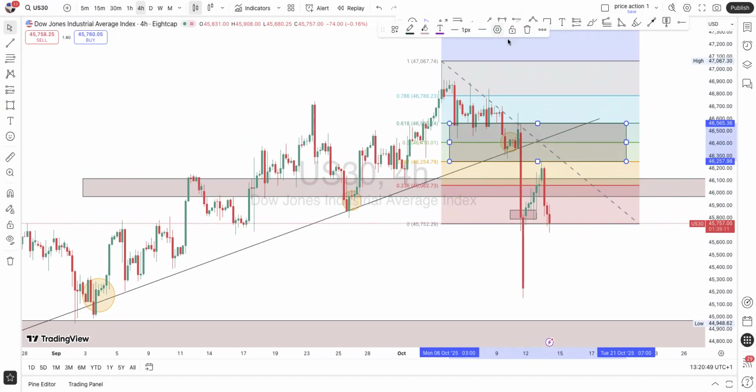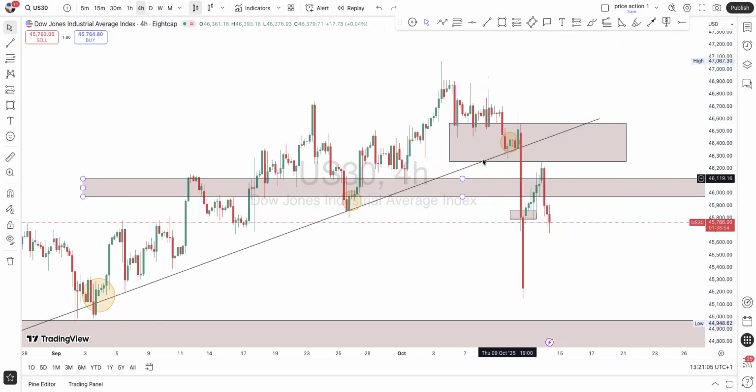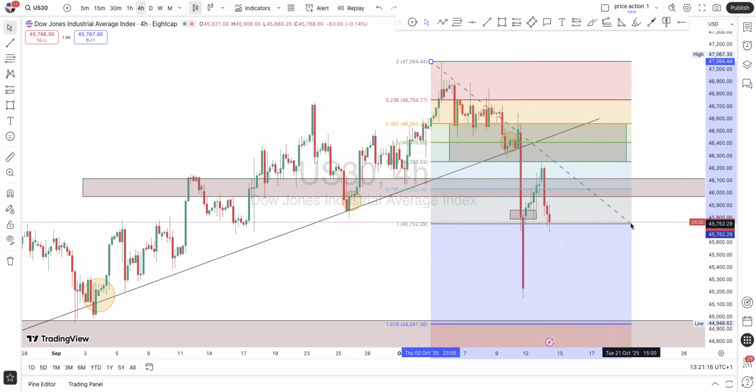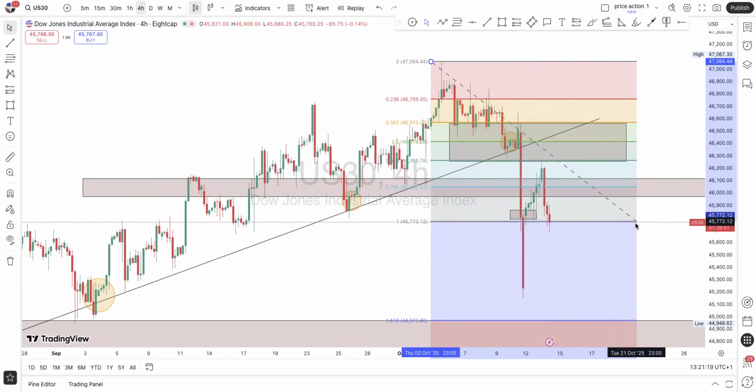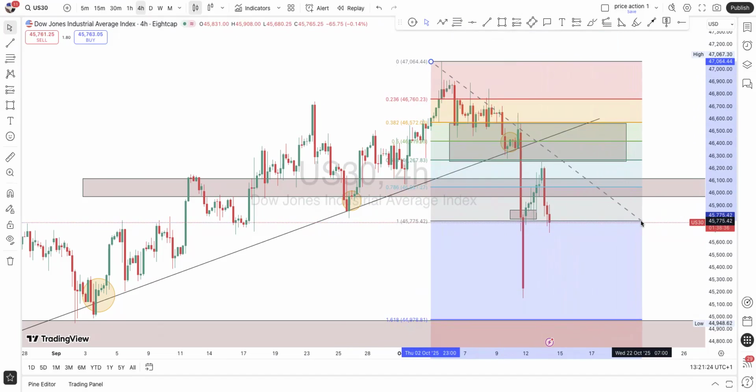So I'm going to be very fast before the markets leave me on this video. Okay. So right now we've gotten the retracement level. This was the 30% level right there. So I'm going to get the extension as well so we can know exactly where our TP is definitely going to be. I'm trying to get the exact price level right there. Okay. So this was the exact price level right there.